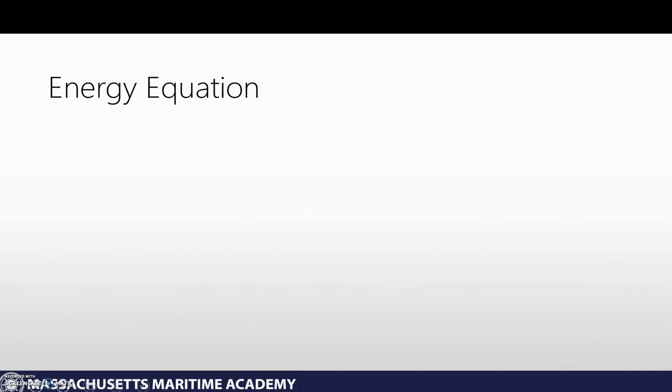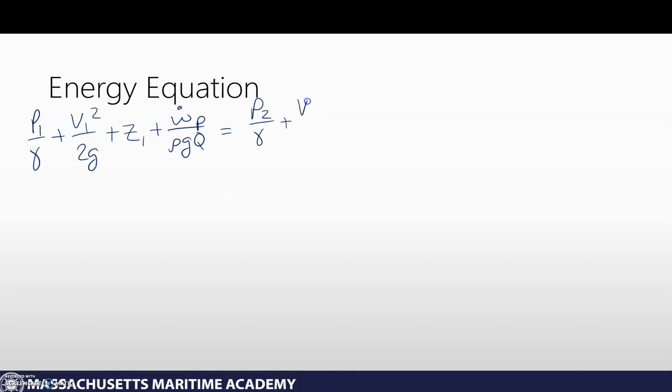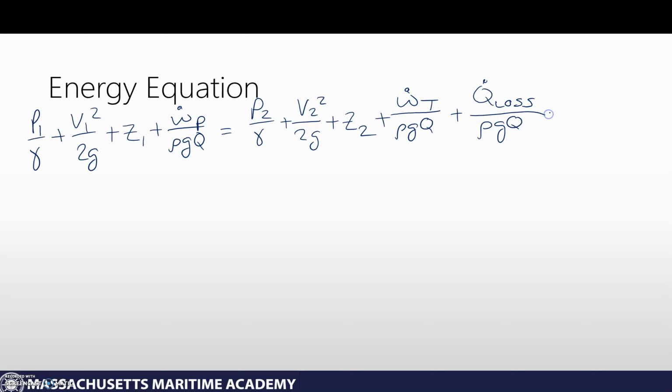So now, once I do that, what I'm left with is pressure over gamma, because density times gravity will give you gamma, plus V1 squared over 2g plus Z1, plus our pump work, so work of the pump divided by rho g Q, and that's going to equal all the fluid properties at point 2, Z2, plus the work of the turbine divided by rho g Q plus our Q loss divided by rho g Q. Okay, so now we have this equation here. It's a little bit nicer. We're looking at 9 terms,